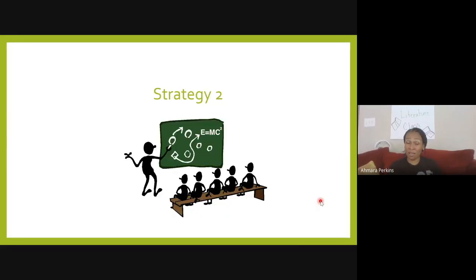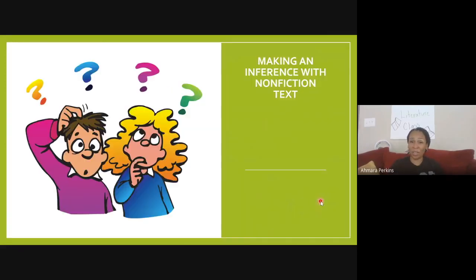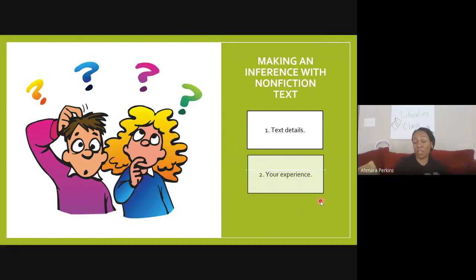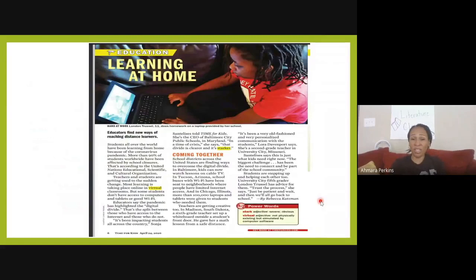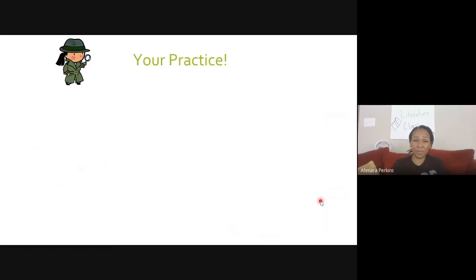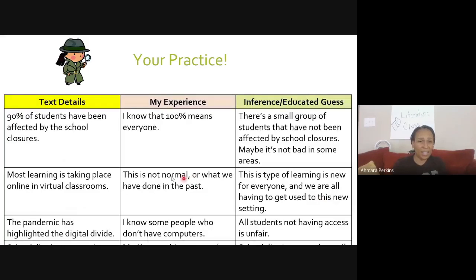So then we thought about that a little, and then we went into our second strategy, which was making an inference with nonfiction text. So we used text details as our first step. We looked at those. We thought about our own experience, and then from there, we made inferences. So we pulled our text details from here,